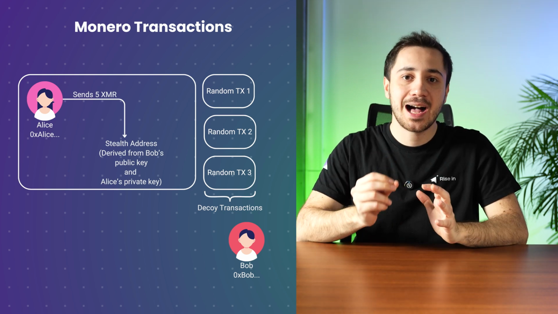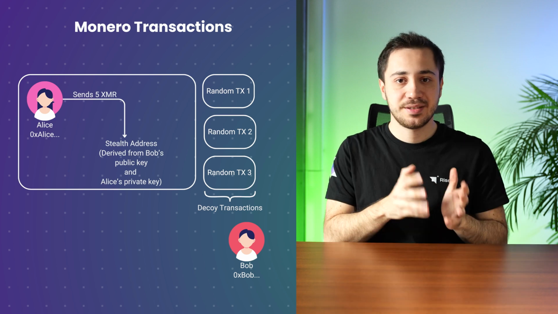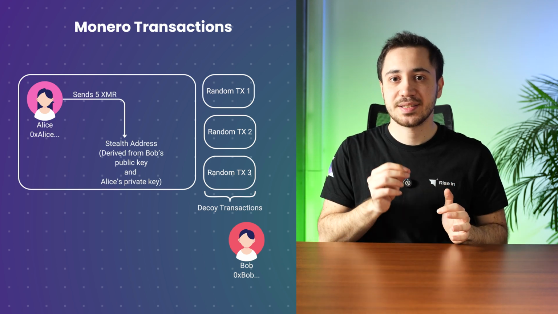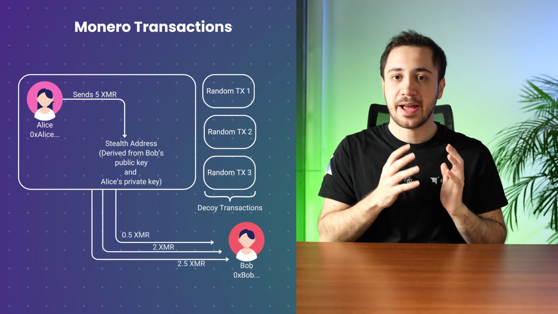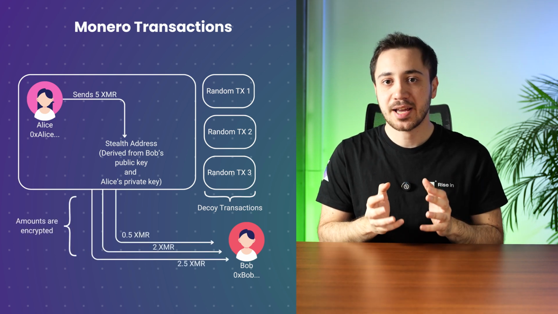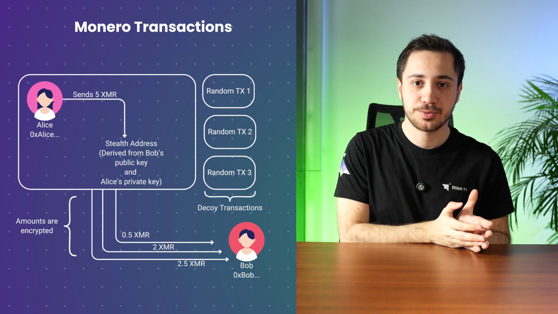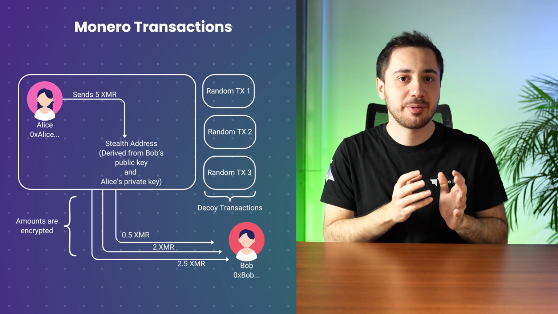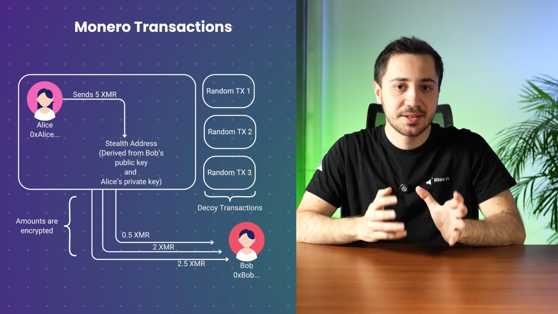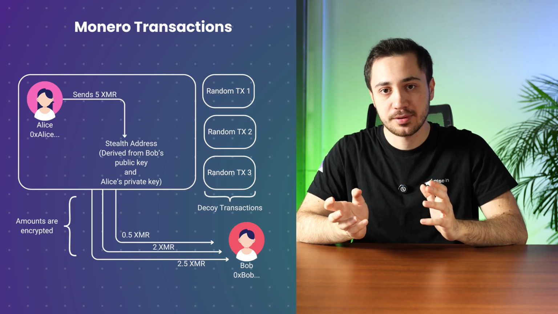Now, Monero hides the amount being sent. Instead of displaying 5 XMR on the blockchain, the 5 XMR is split into smaller amounts, and Monero encrypts each amount. Then, Monero uses advanced cryptographic proofs to verify the total without revealing the amount. As a result, anyone looking at the blockchain cannot see how much Alice sent to Bob, or even who they